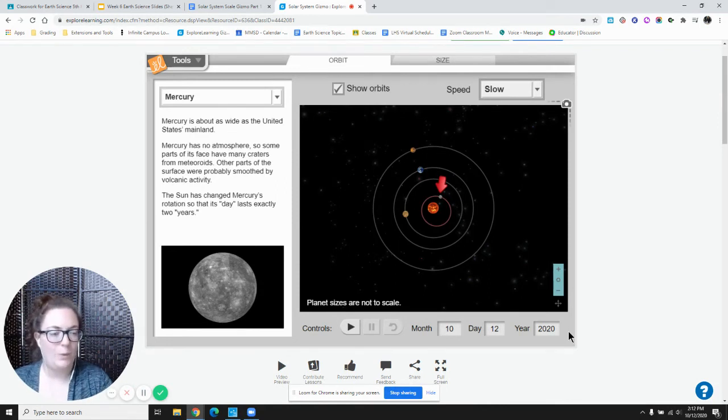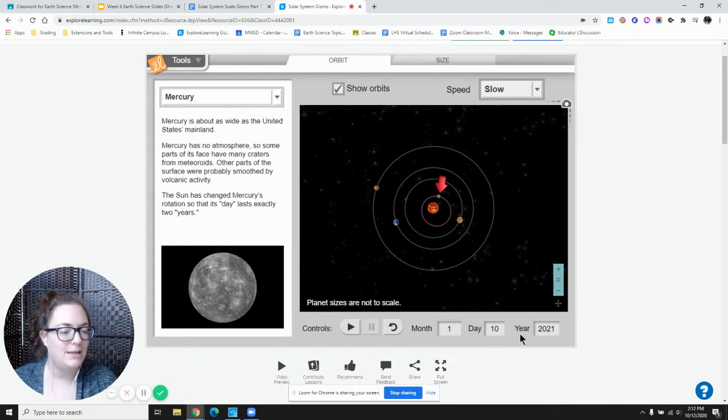and we are going to pause it when it gets back to where this red arrow is pointed. All right, so I can control the speed up here. I'm going to keep it kind of slow because I'm guessing that it's going to happen pretty quickly. All right, we got to pause it when Mercury gets right back to our red arrow. Okay, so now it says that in the future, Mercury will have orbited the sun once by month 1 or